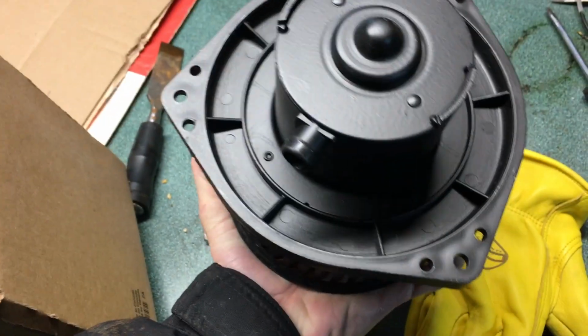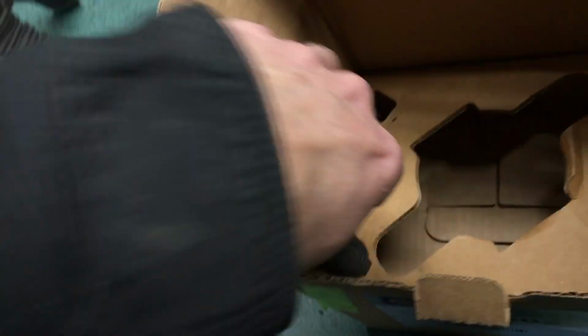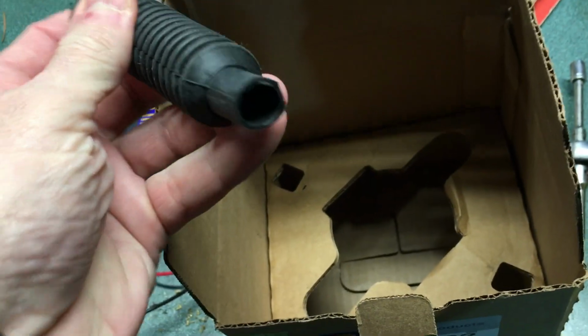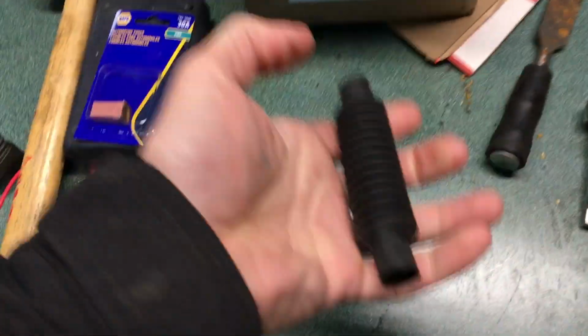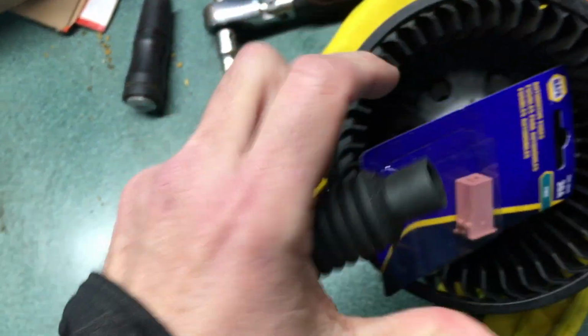So it looks like we're going to be looking at 3 10mm bolts that hold this thing in. And we got this tube which we can choose to use or not. It just uses some of the air from the blower to cool the motor down. So not mission critical. You need to install it, but if you put a new one in or not, it doesn't matter. So let's grab this